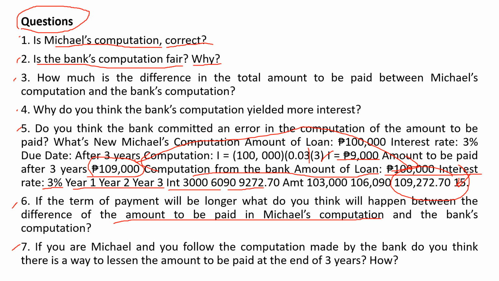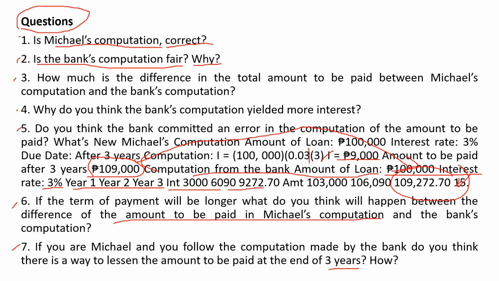How? Yes, it is, by simply lessening the number of years or the time or term. So if there's an increase of time in term with how Michael will pay his loan, for example, then